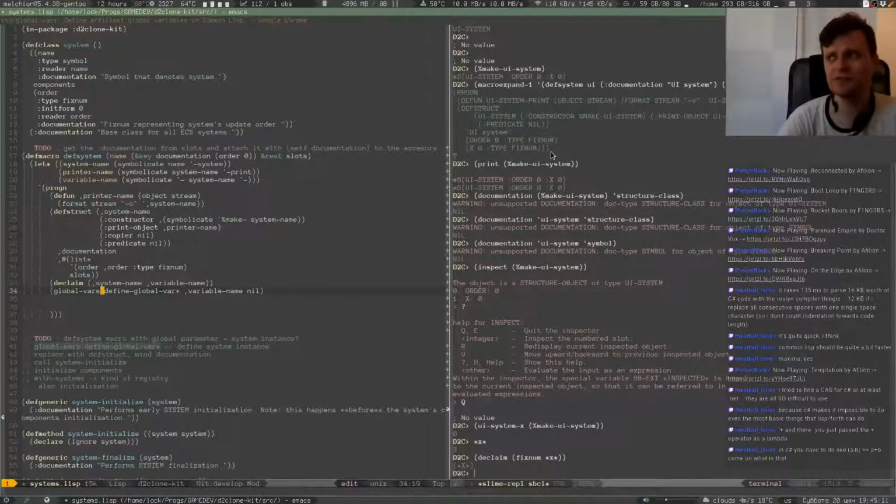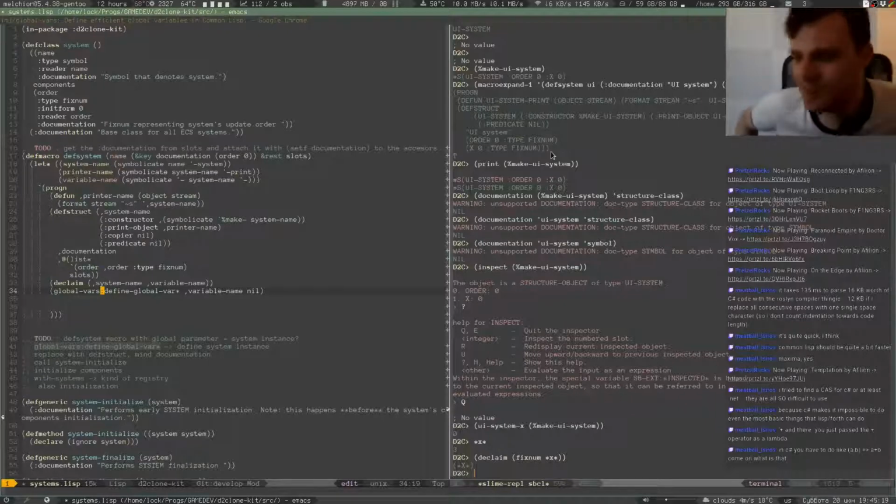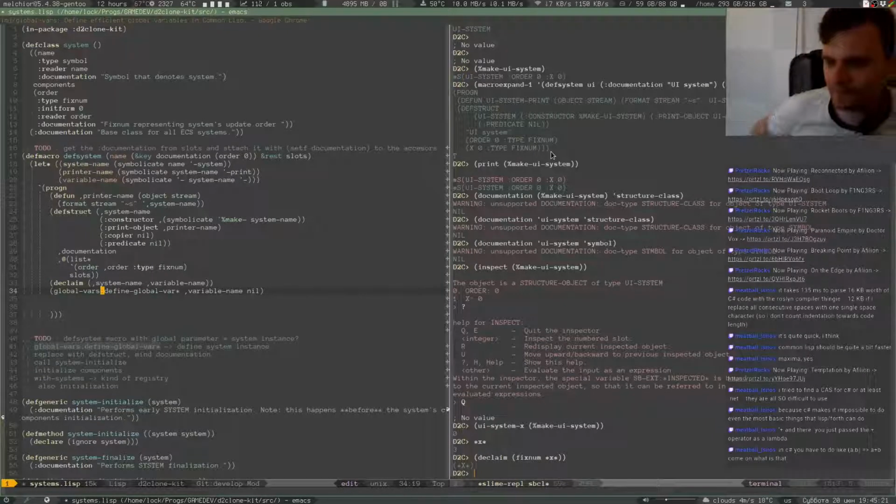So it compiles the whole game, which contains like megabytes of source code in, I don't know, several seconds. So that's impressive, if you ask me. Plus in there